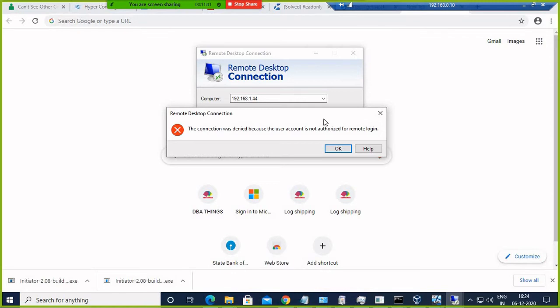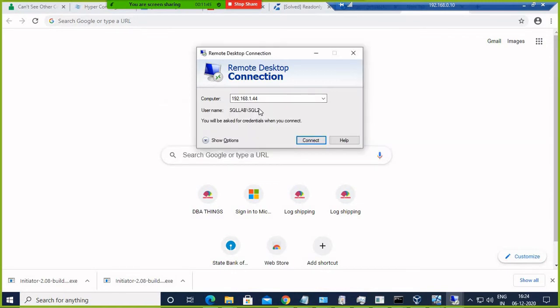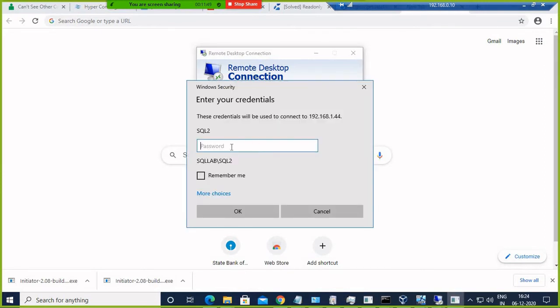Okay, I am not able to log in because why? Because SQL 3 is not a member of that machine. So first we need to do this. Just make that a member of this machine.